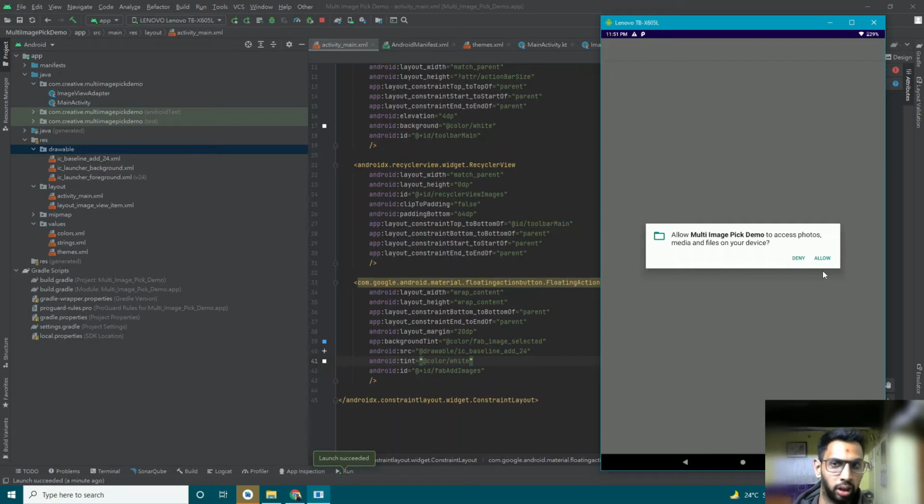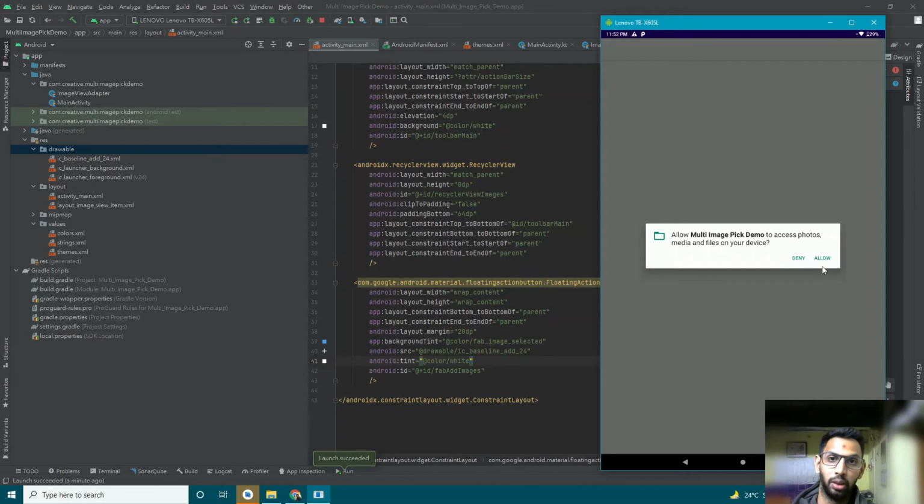If the user has not given permission, then it will not proceed and will go back. And if you call the multi-image picker library again, it will check for that permission again and ask for it, and when the user clicks allow, it will directly open the image selection library. So we don't have to write any extra code for this.